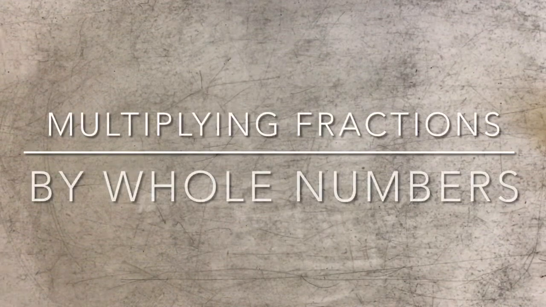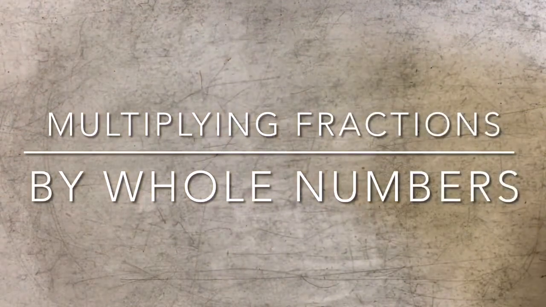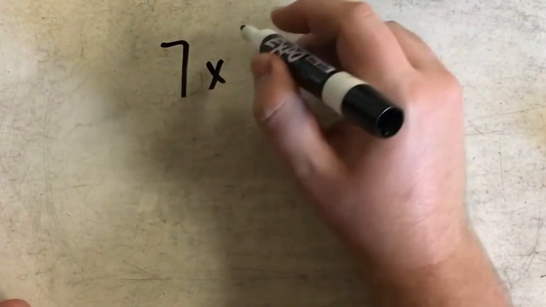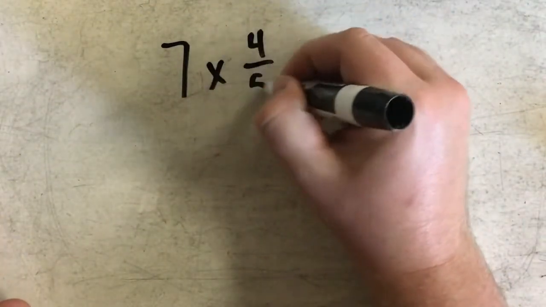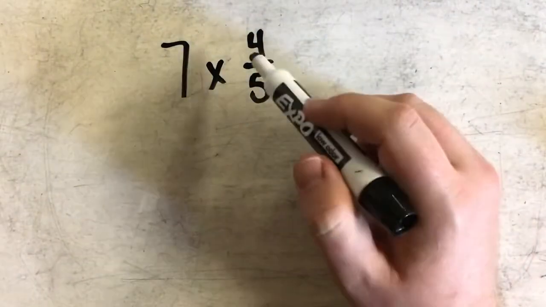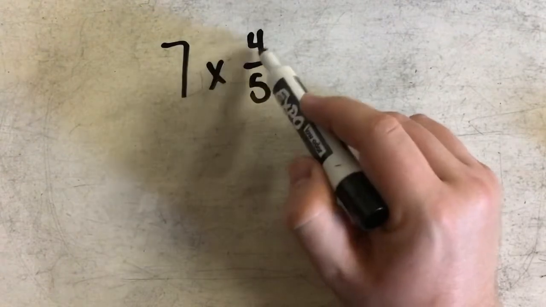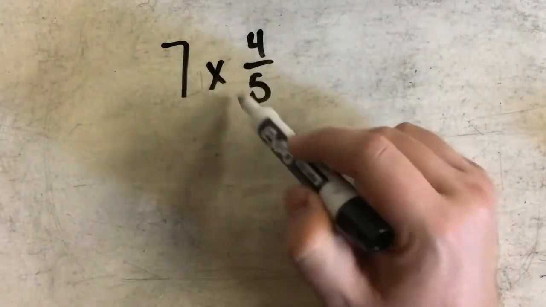Hey there. Today we're going to learn how to multiply fractions by whole numbers. And when I'm multiplying fractions by whole numbers, in this case, we'll do 7 times 4/5. I really am only going to multiply the whole number times the numerator, and the denominator is going to be